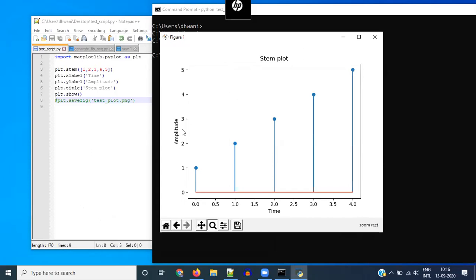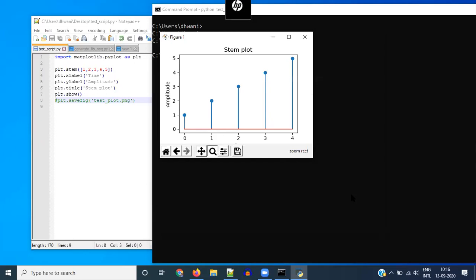You can't edit the title or the X or Y labels. Some versions of Matplotlib, I think, allow you to do that also, but in general, you might not be able to do that. But that's okay. You can always control that from your script, and you can also adjust the size. One way to adjust the size, of course, is to just resize the window itself.